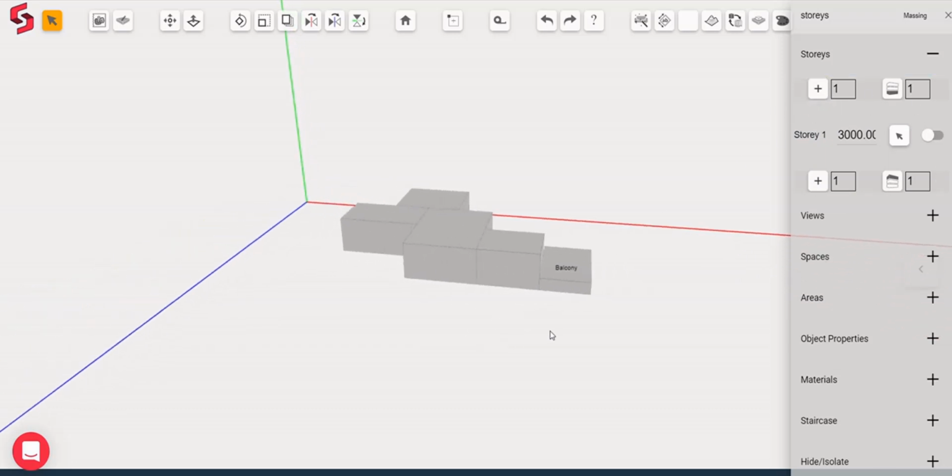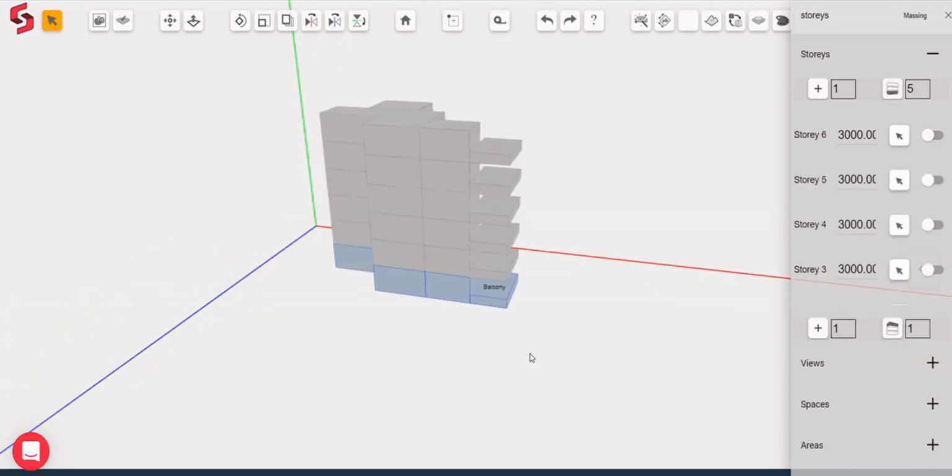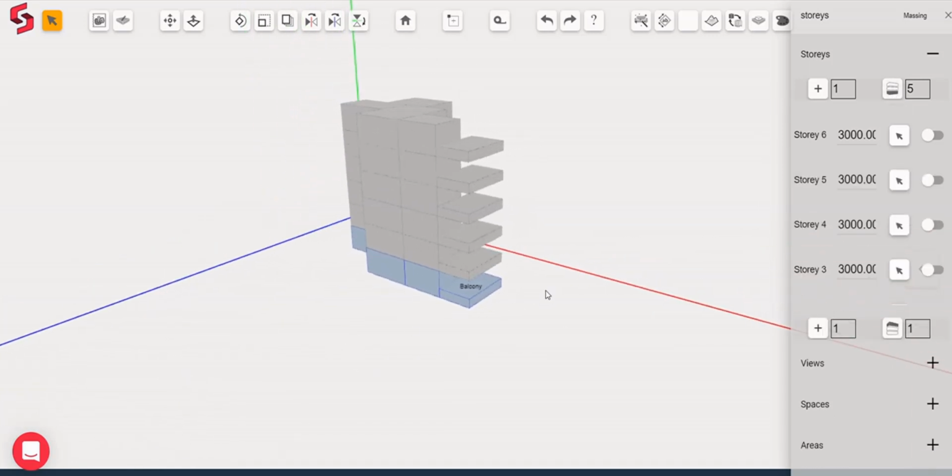Let's go ahead and create some new stories. To do this, you can use the select tool and select all the objects using the marquee selection, or you can choose to select them individually like so, or you can also use the select all on story button in the stories navigator. To duplicate stories, you will just have to type in the input here. Let's say I want to create 5 stories. I'll type in 5 and I'll hit the copy selection up button. You'll see that new stories have been generated in an instant.